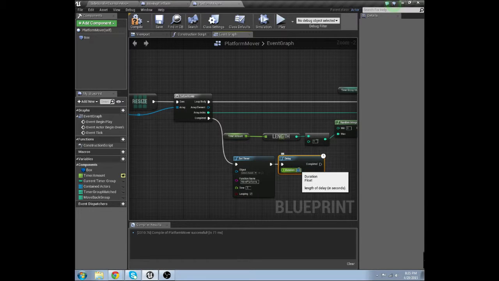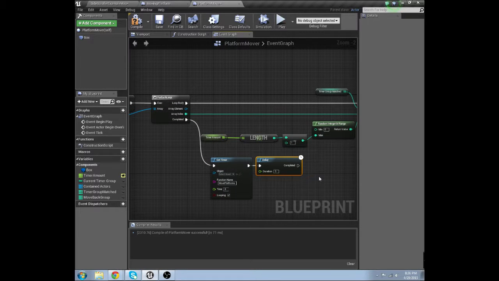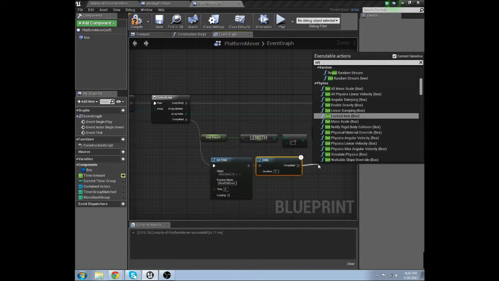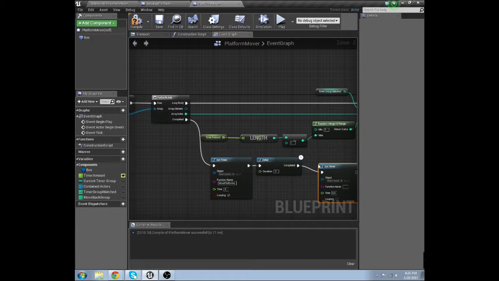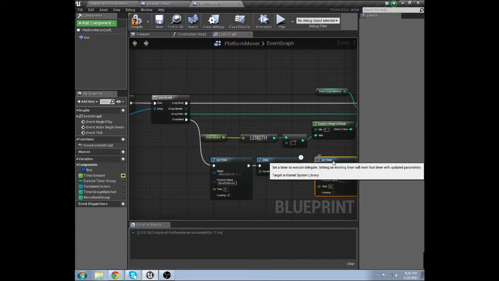Now, like I said earlier with the delta time and the interrupt speed, you want to make sure that these have the same number. Because if you don't, since we're going to be moving all of these boxes at the same time, let's say you have one at 0.5 and one at 1, they're going to start moving at different scales, which is going to cause it to go, okay, well these are going to jump up, now they're going to go back down while these are coming up. Oh, but now they're wanting to go down again, and then these are supposed to go down, and then they're going to go too far down, and it gets just really, really screwed up. And especially if you're trying to keep them all within the same general location, it can cause a lot of